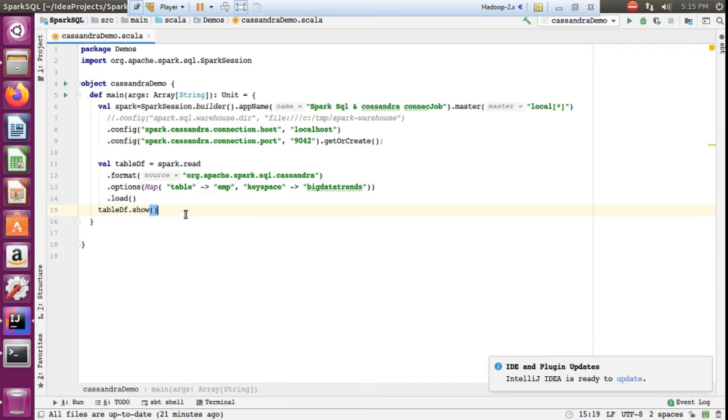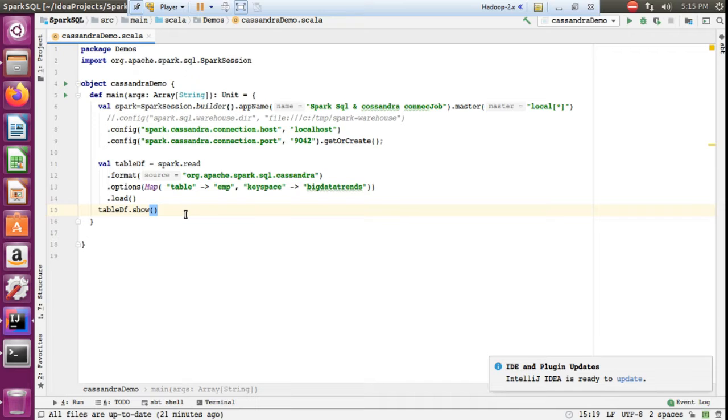In a database, first we create the database, and inside the database there will be tables. Similarly, in Cassandra, instead of a database we have key spaces. Inside key spaces there will be tables. We'll create one key space, then create tables inside it. If there is data in one of the tables in the key space, how do we read it? In this video we'll see that.